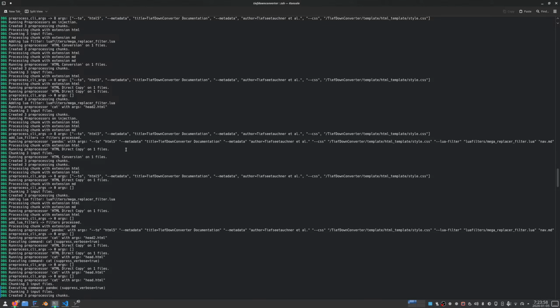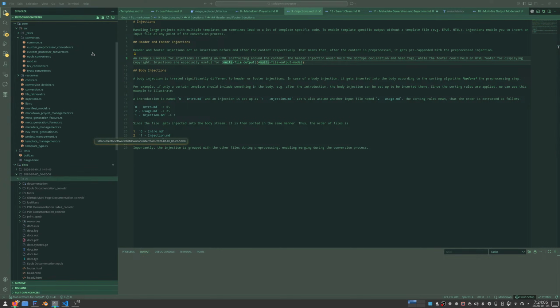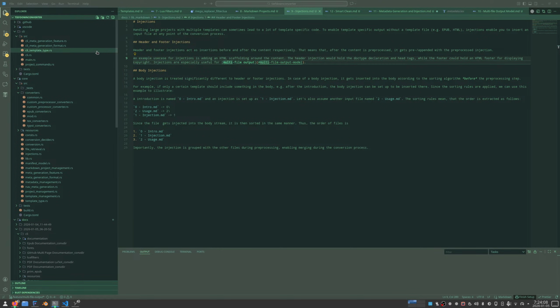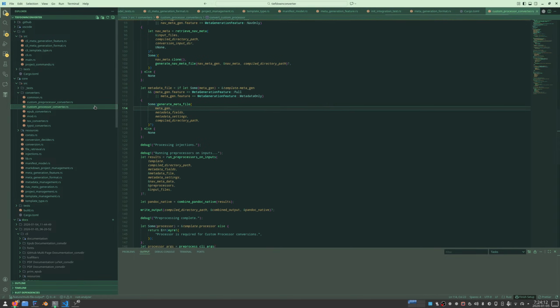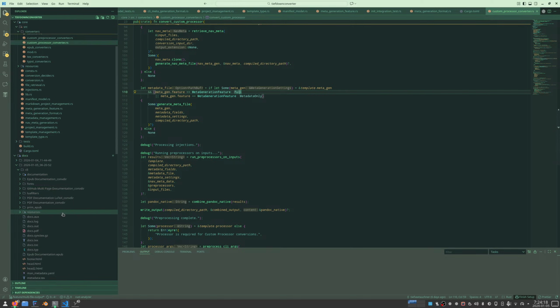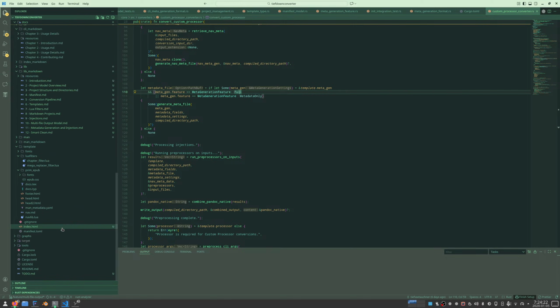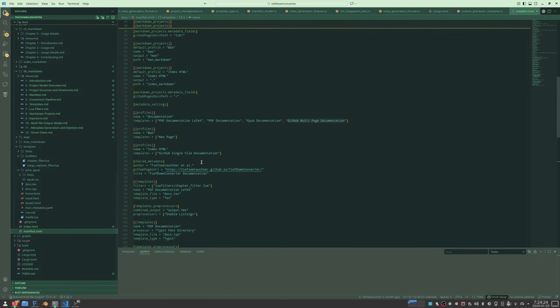Lua filter, navmd. Why is metadata generation not working? Can someone explain that to me? Generate meta file. Meta generation full. If we look at the manifest here,